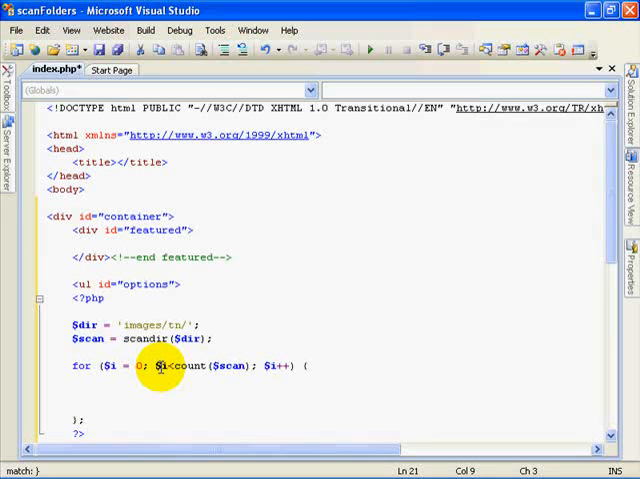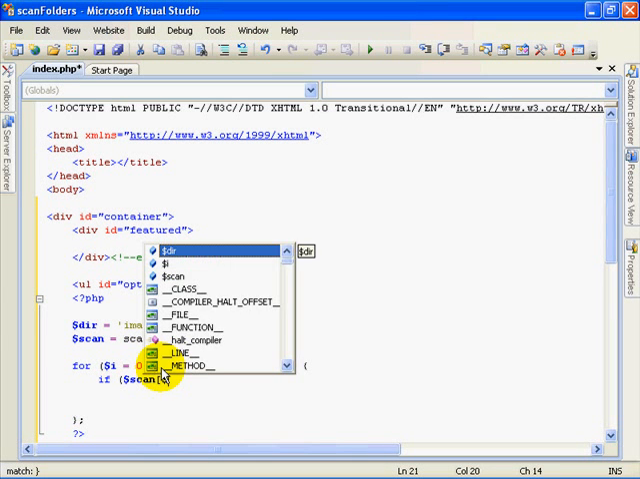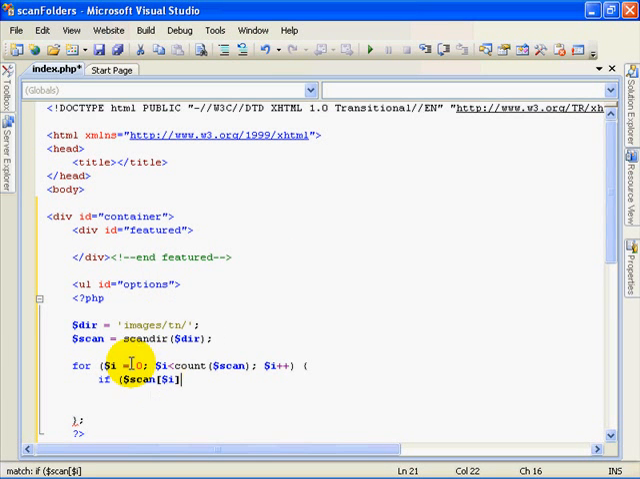Okay, so we'll get started by saying if our scan variable, and we're going to pass in I, remember I is going to be equal to 0 or 1, so we're just saying each instance of the item that was returned. If that is not equal to a period, and also it's not equal to 2 periods,